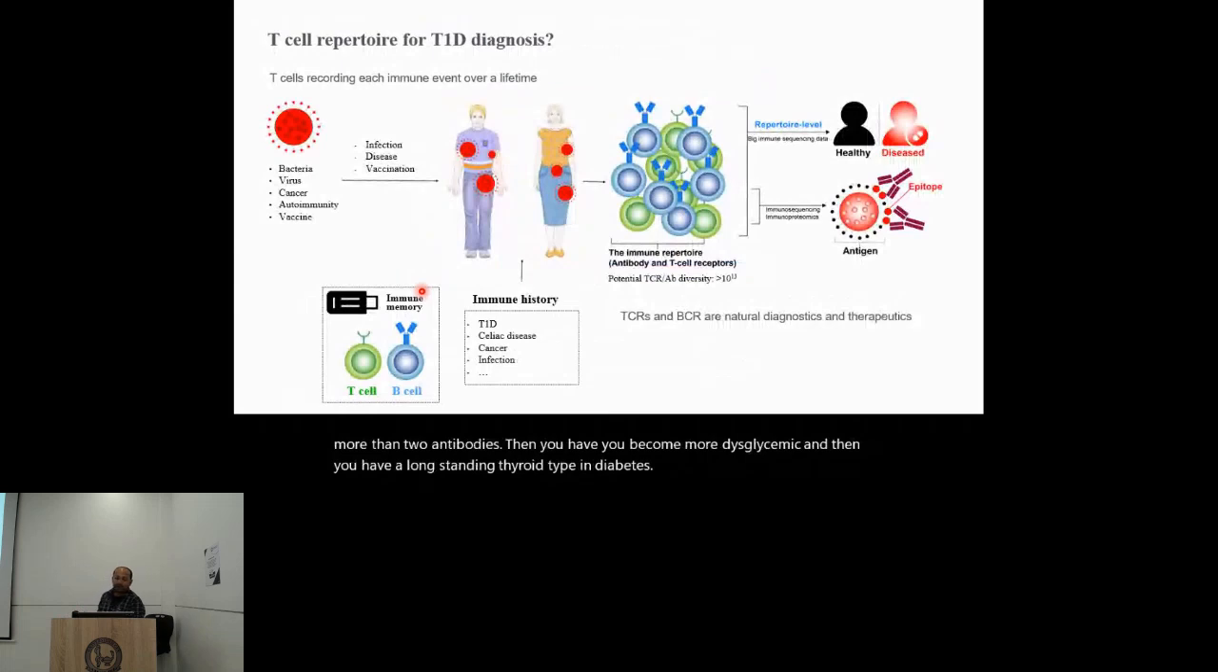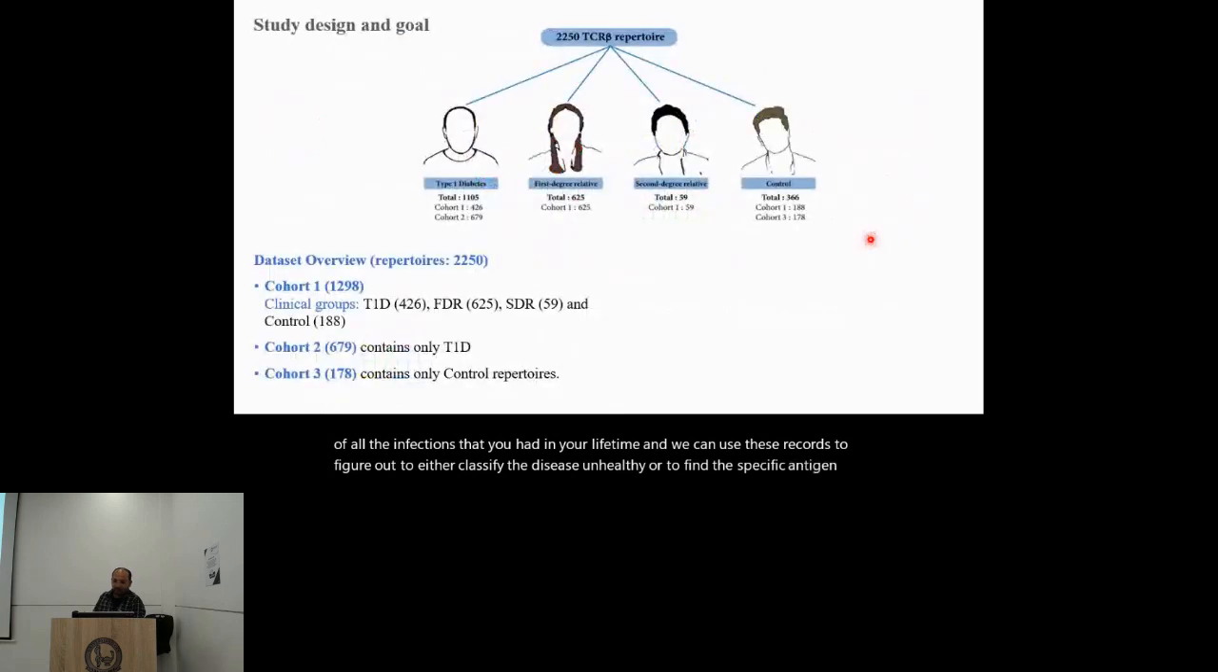How can TCRs help in this? TCRs are basically the librarian which keeps the records of all the infections that you had in your lifetime. And we can use these records to either classify the disease in healthy or to find the specific antigen epitopes. What we have here is more than 2,000 TCR repertoires, which is divided in 3